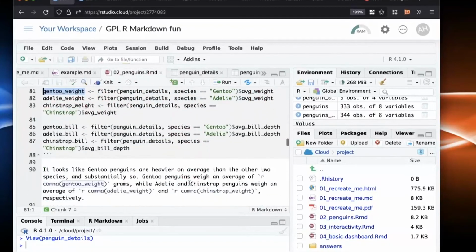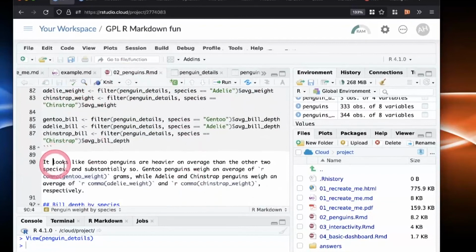So if I scroll down a little bit more to the actual text, you can see it says it looks like the Gen 2 penguins are heavier on average than the other 2 species. Gen 2 penguins weigh an average of, and then there's that Gen 2 weight. And it's going to format it using a comma because it has thousands in it. So it's going to put a comma appropriately positioned there. And the cool thing about that is I didn't hand type any numbers. So if I get new penguin data, the average weight will just show up here in the middle of the